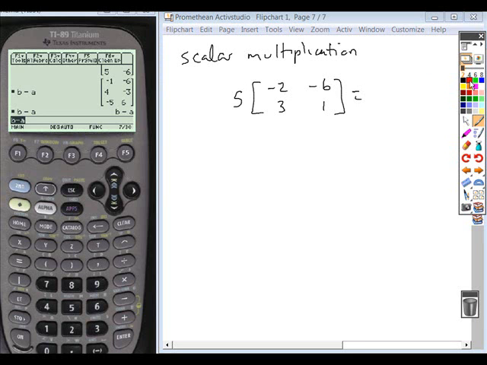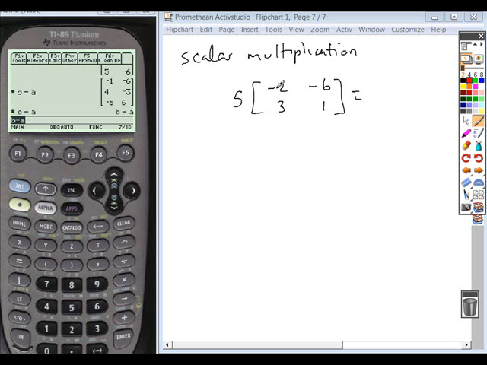And so basically you're changing the scale of your matrix. So instead of it being -2, -6, 3, and 1, the scale change means you're multiplying everything 5 times the amount. And so when you're multiplying in a matrix, you can think of it as distributing that multiplier to every